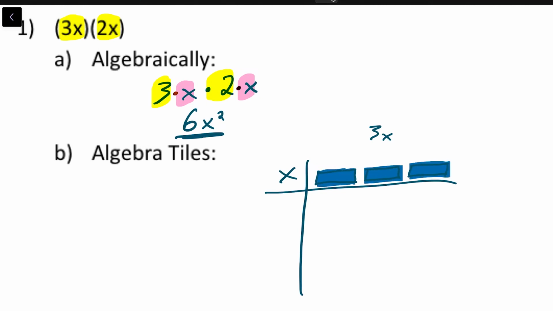Okay. And then on the left side here, we're going to do 2x. Okay, so 1x, 2x. Okay, and I can shade those in as well. Okay, so see that they are positive